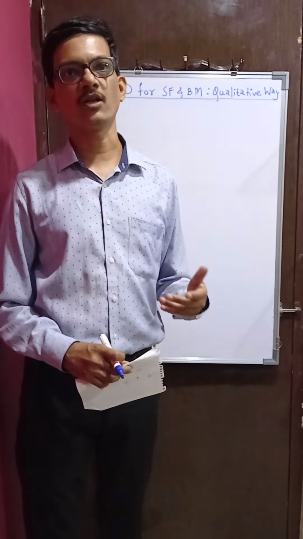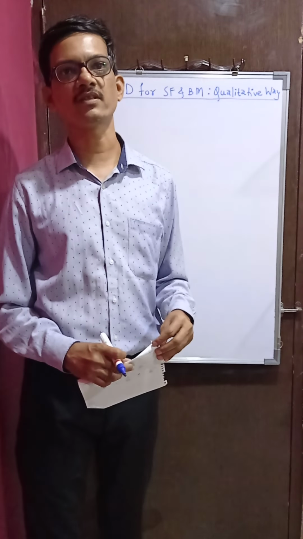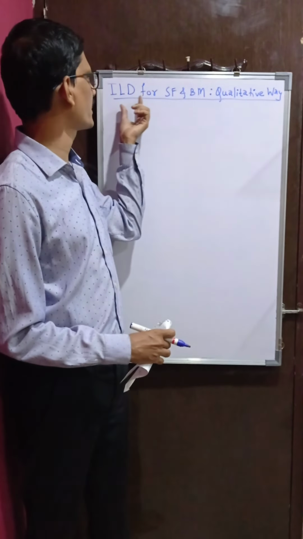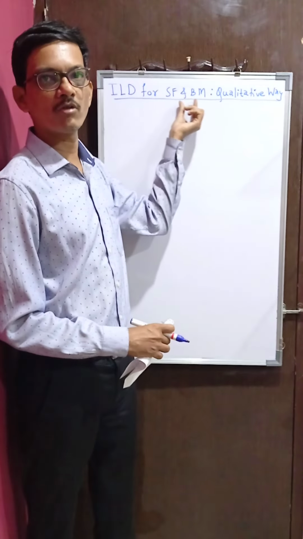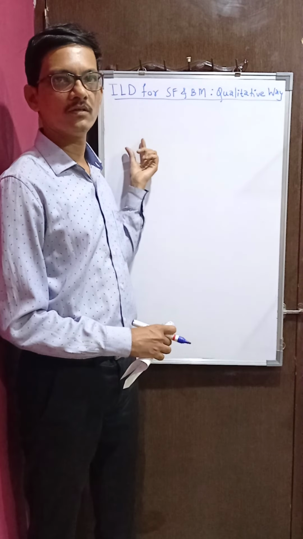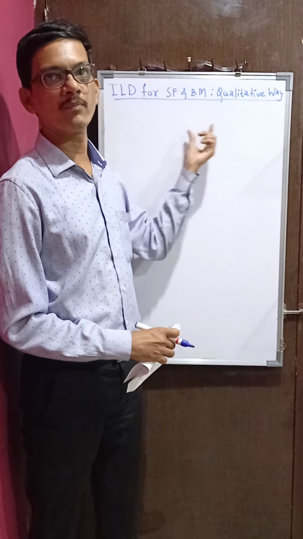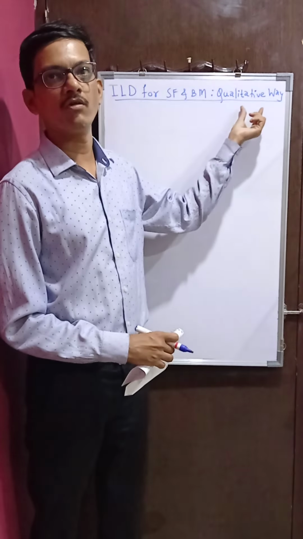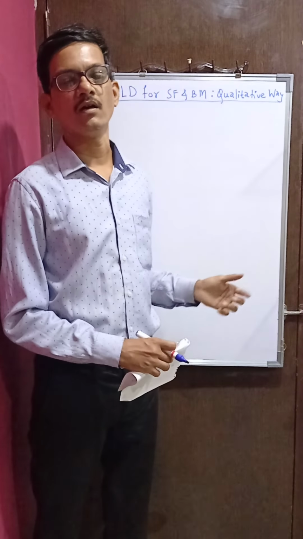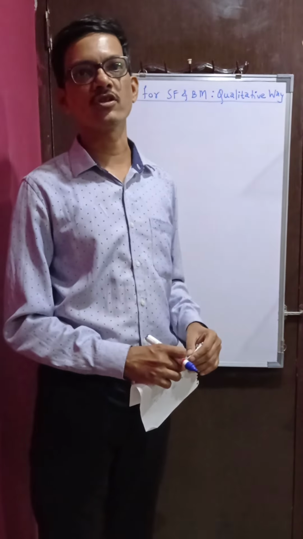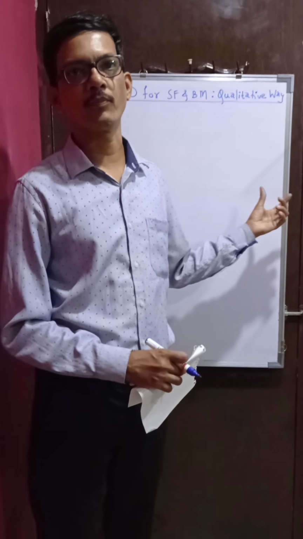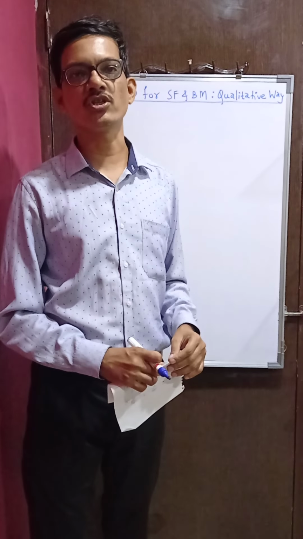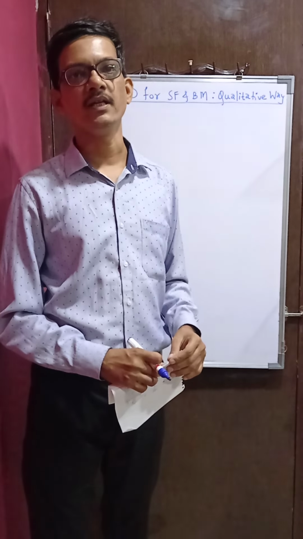But that is a mechanical approach, and that is cumbersome, and moreover it consumes time. So here I want to demonstrate how to draw influence line diagram for shear force at a section or bending moment at a section for a simply supported or cantilever beam or maybe overhanging beam, that is statically determinate beam, in a qualitative approach. It just takes a fraction of a minute to draw influence line diagrams by the qualitative approach, whereas if we take the approach of placing unit load at various positions and then drawing the influence line diagram, it takes more time.